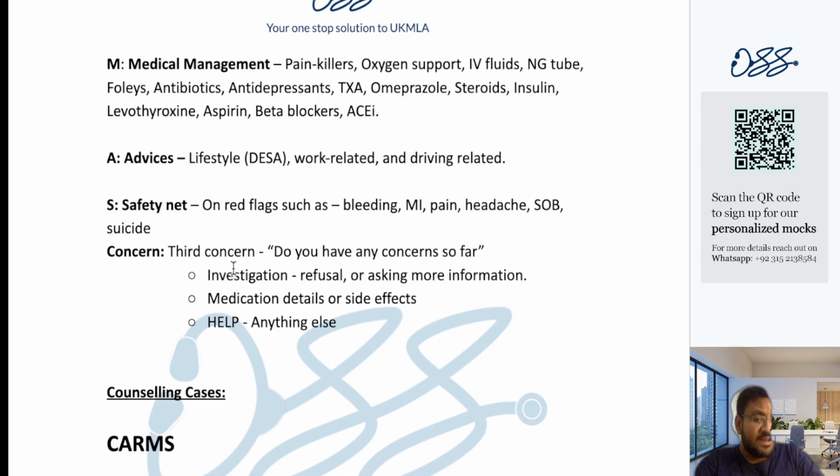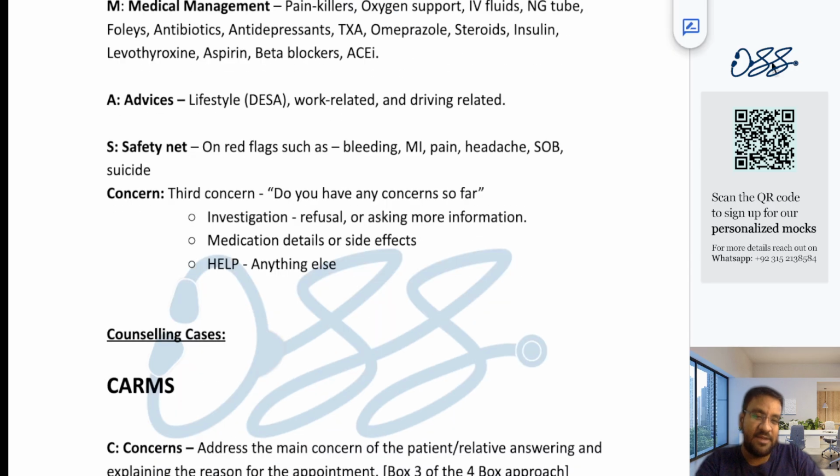And the safety netting, there is not a lot of safety netting when you are admitting, because eventually the patient would be there in front of you, so the safety netting would not be there as much. But yeah, you can say that okay, if you feel any discomfort, if you want to talk to us, if you want a doctor to see you, then you can call the nurse, or you can press the bell that is there on your bedside. If you feel any pain, if you feel any bleeding, if you feel any shortness of breath, and if you feel that you're unattended, then just press the bell and let us know. A member of the healthcare team would be there to assist you and would be there to help.